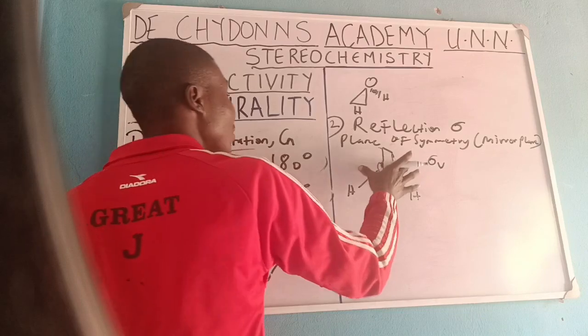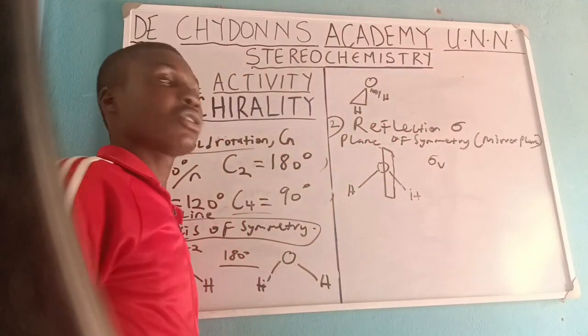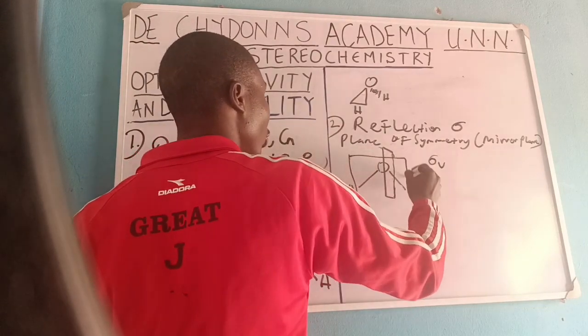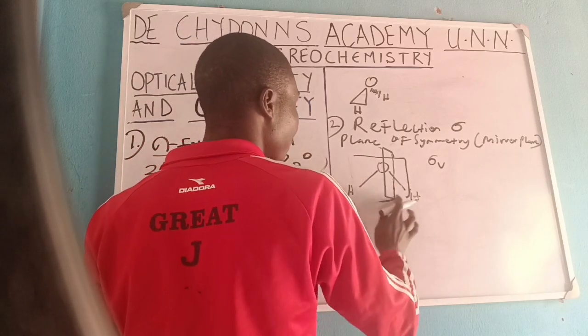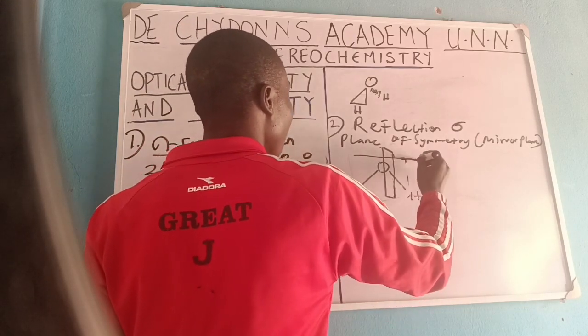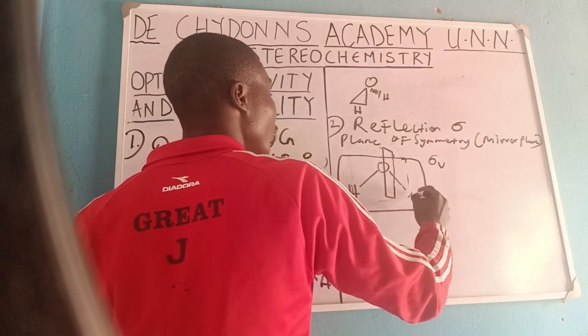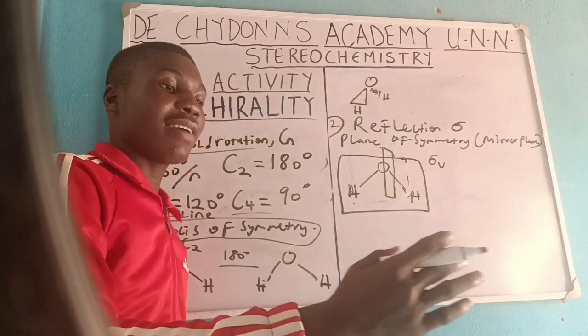So these ones are on this particular surface. If you have a plane that cuts through this particular surface, a plane like this, for example, something that cuts fully, it's not cutting only the bond, it's also cutting through the elements. So something that cuts through this completely, what you have at the front